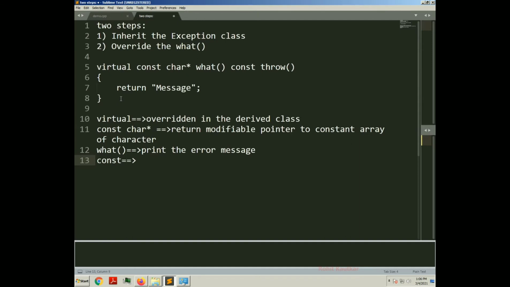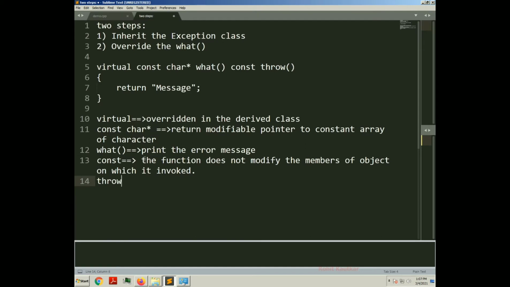Then you have the const keyword. What does this const keyword represent? It represents that this function does not modify the members of the object on which this what method is invoked. And at last we have throw.